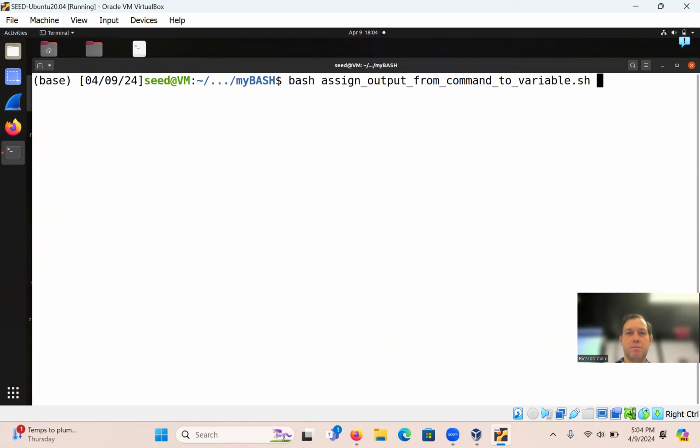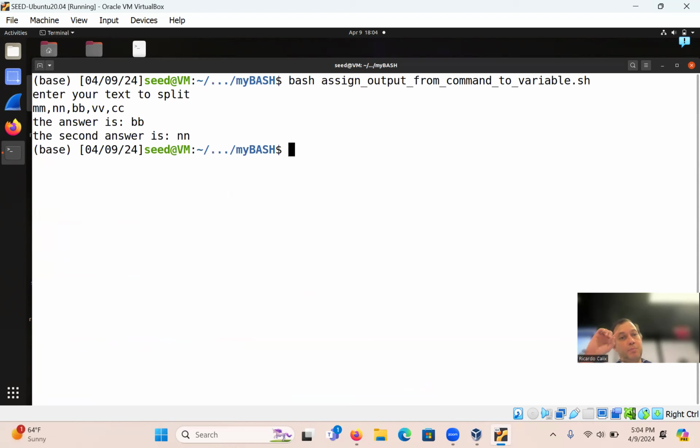Clear. I'm going to change this to something else. Okay. So still 5, I guess that's fine. So BB and also NN. Yeah, it works perfectly. All right. So you see that? This is a nice little thing to be able to run commands and save the values into variables for further use.